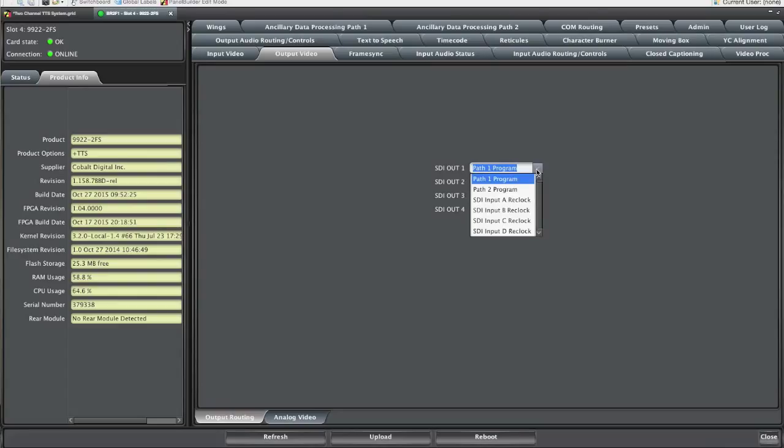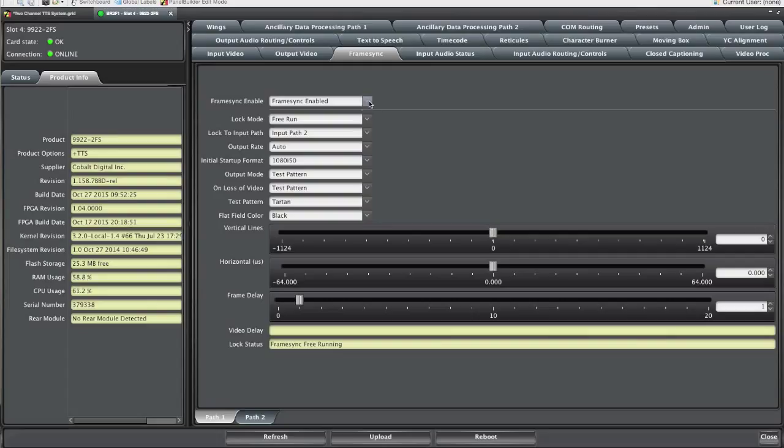1A, for example, that's your relay bypass. You can also select perhaps a reclocked or path 2 programming output in these output routing tabs. The other tab that would be interesting for you is your frame sync tab. Make sure that the frame sync is enabled and that you're locked to reference 1 or 2 depending on your